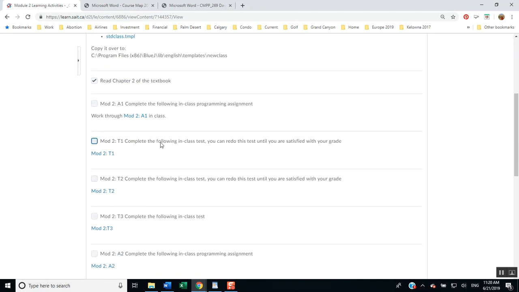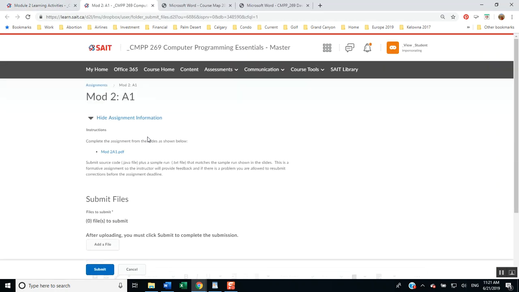Okay, so as you'll see embedded inside the course, there are some of these in-class tests, and then there are these programming assignments. Oh, I didn't like the word in-class programming assignment. I want to change that to lab. So I probably have to go back in the shell and fix those up. But anyhow, when you click on the link here, it'll take you to a description of that lab.